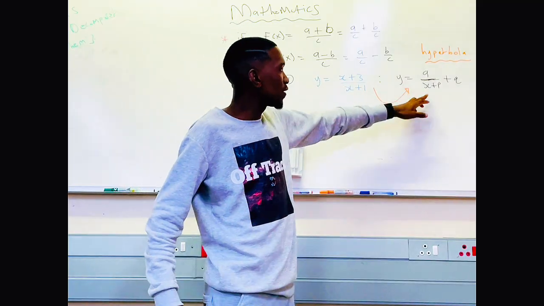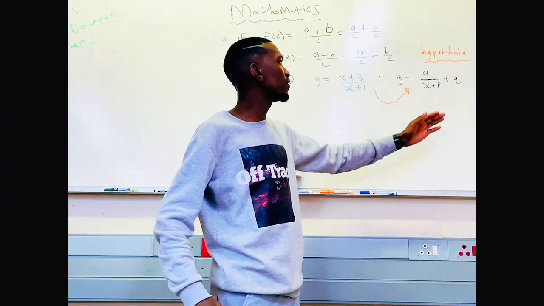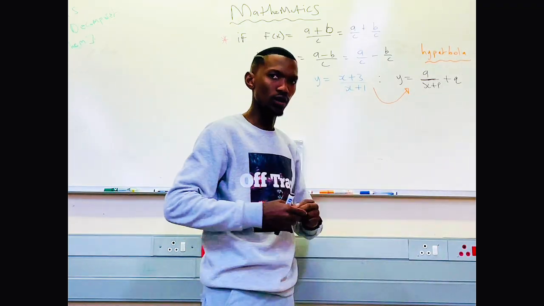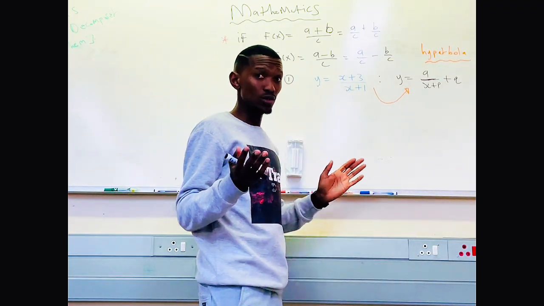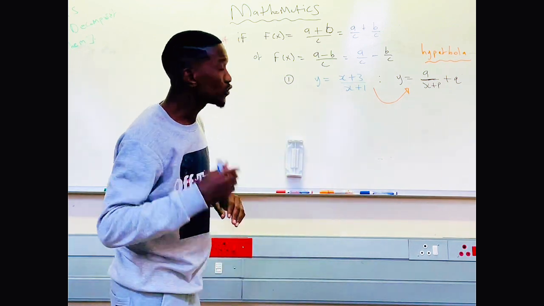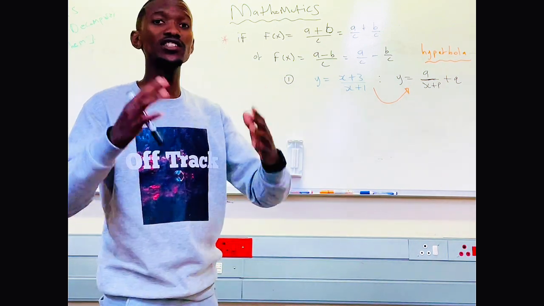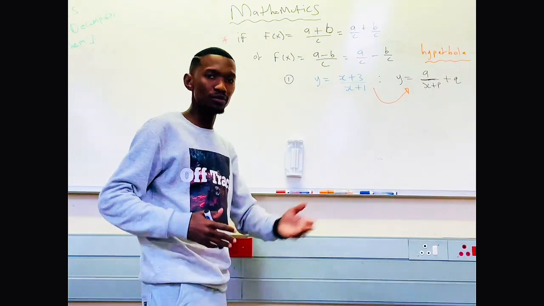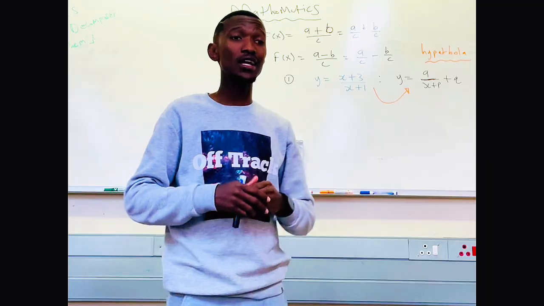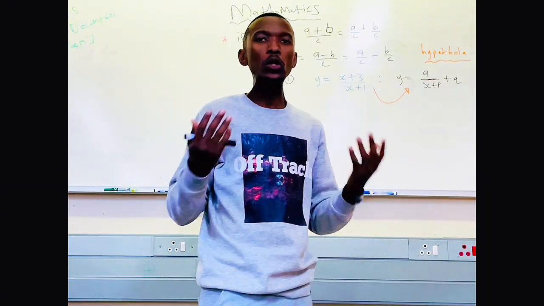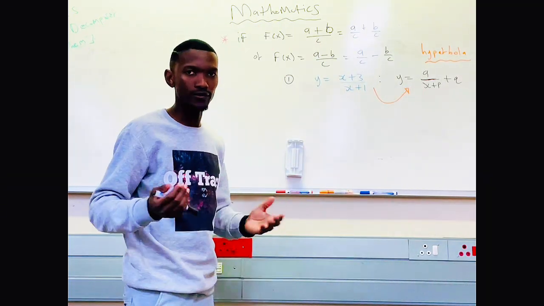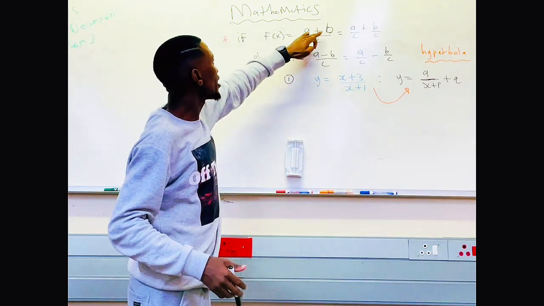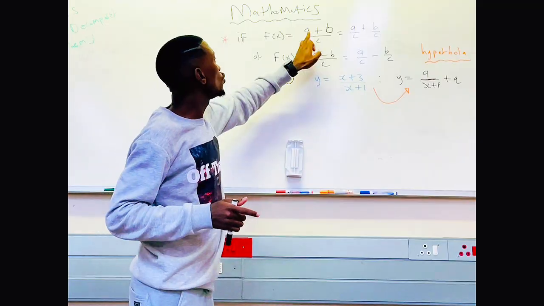A hyperbolic function has two asymptotes: the vertical asymptote, which is this guy, and the horizontal asymptote, which is your q. In order for you to do this, you have to remember some rules of fractions. Remember that f of x is the same as y, because we use f of x, g of x, k of x to denote a function, like y for instance, at some point. So if f of x equals a plus b over c,